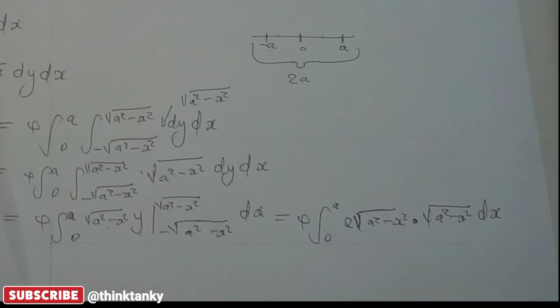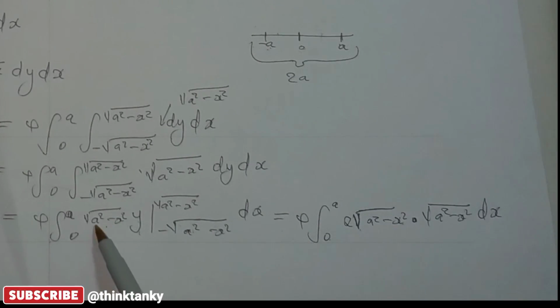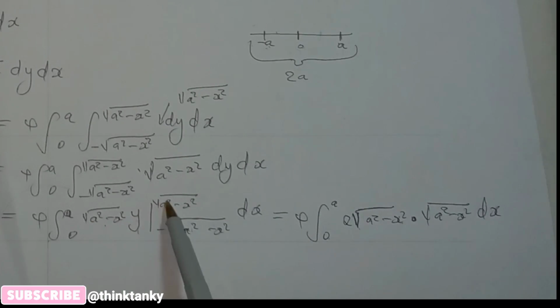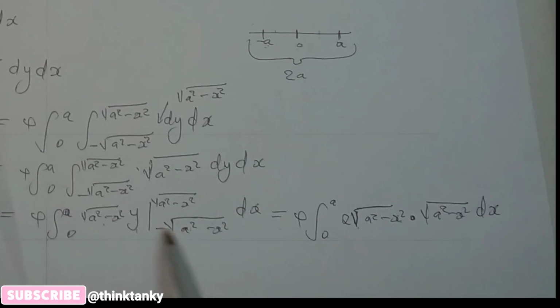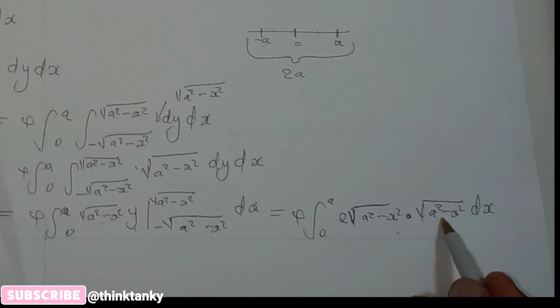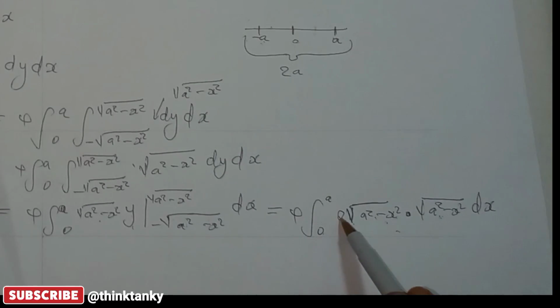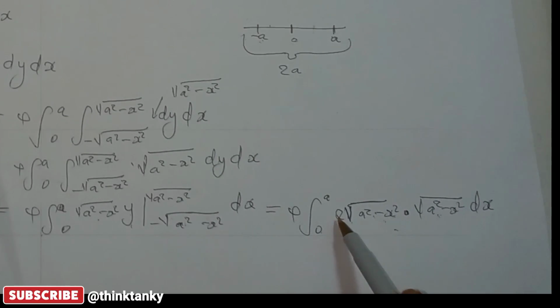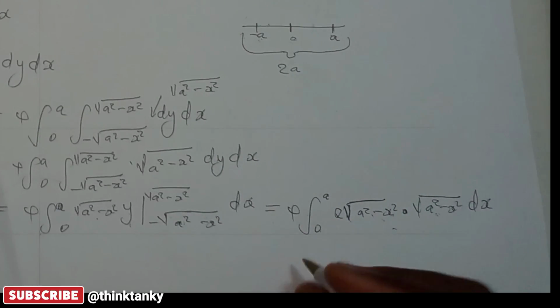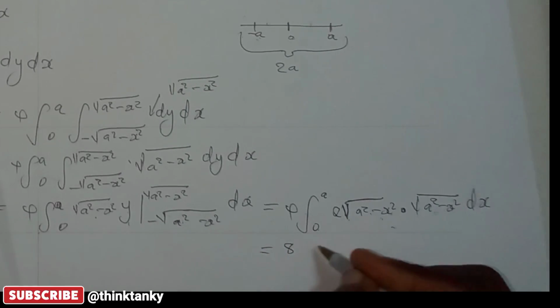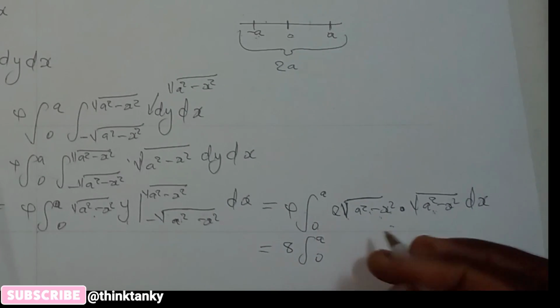Okay, this was my expression. So I'm going to say this times the upper bound of y, this times the lower bound of y, then I'm going to get this. So square root times square root just gives something that is inside the square root. Then I can pull out these two since it's a constant. This becomes 8, integral from 0 to a,